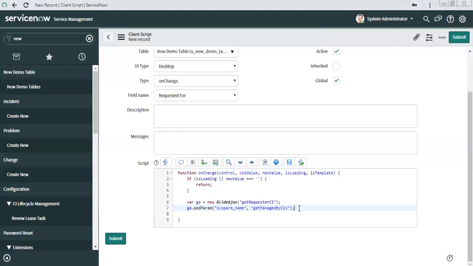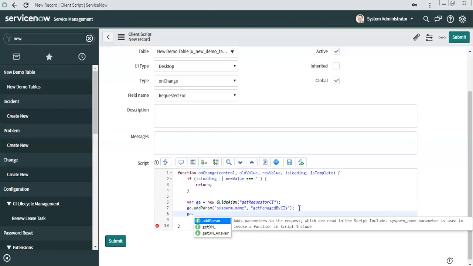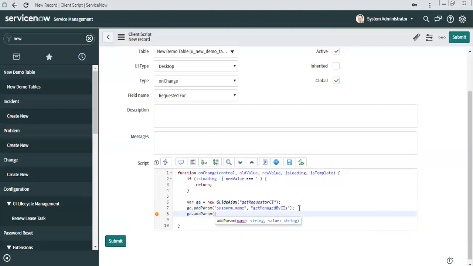Then the third line is the extra thing you want to pass to your script include, on the basis of which it should return you some value. If you remember, I have written there that it needs to pass the user for which it needs the CI.